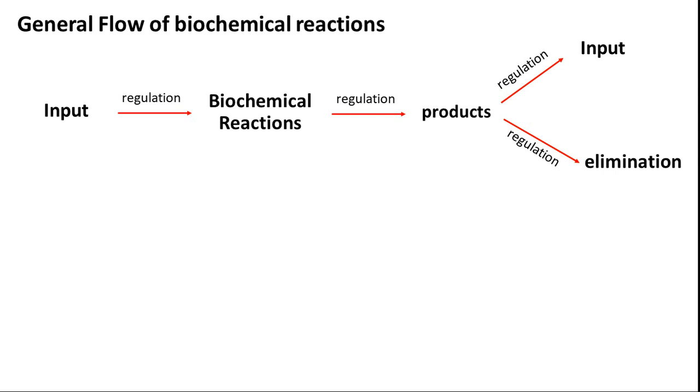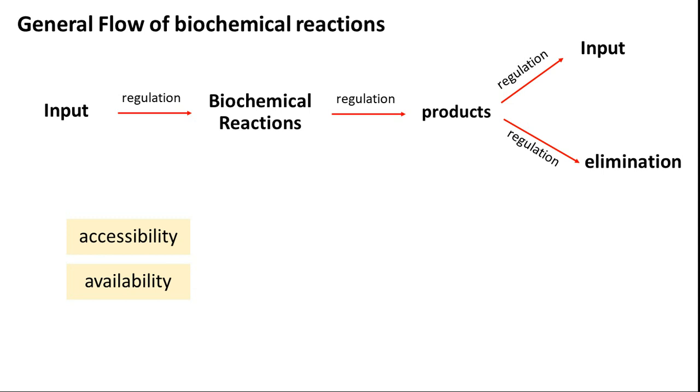The regulation is what is actually very important. It means sufficient quantity of inputs converted to products by using appropriate enzymes at a particular rate, and they are used as inputs at a particular rate, or otherwise they are eliminated at a particular rate. Then only the biochemical reaction is going to provide us optimal assistance in achieving a biochemical, physiological objective. So this regulation is very important. This is where health and disease status actually is seen.